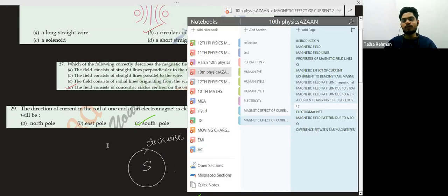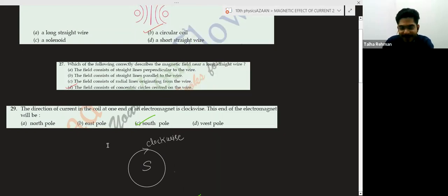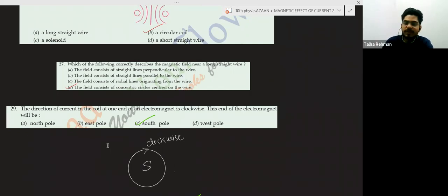Now the next topic is the electromagnet. Basically, an electromagnet is a magnet made using electricity. It is a magnet that gets its magnetism, or produces a magnetic field, with the help of electricity, meaning with the help of current. So what is the basic fundamental of the electromagnet? We know that if there is current in a wire, then there will be a magnetic field due to that wire. On the basis of this we will produce the electromagnet. So what we will do,